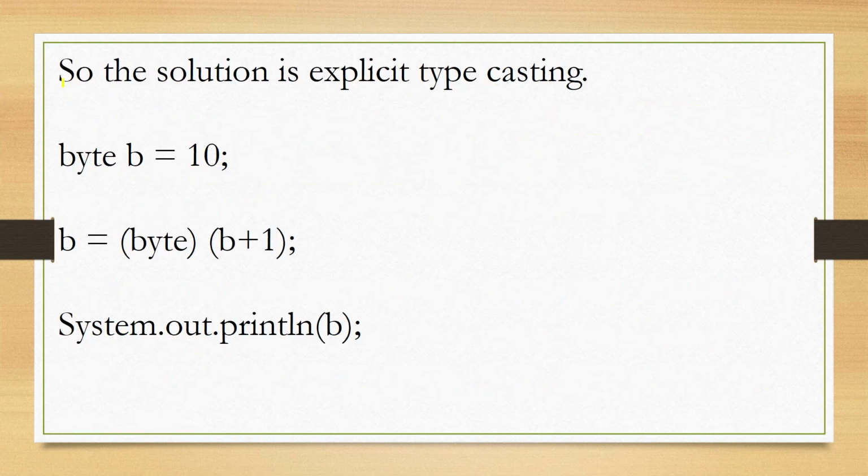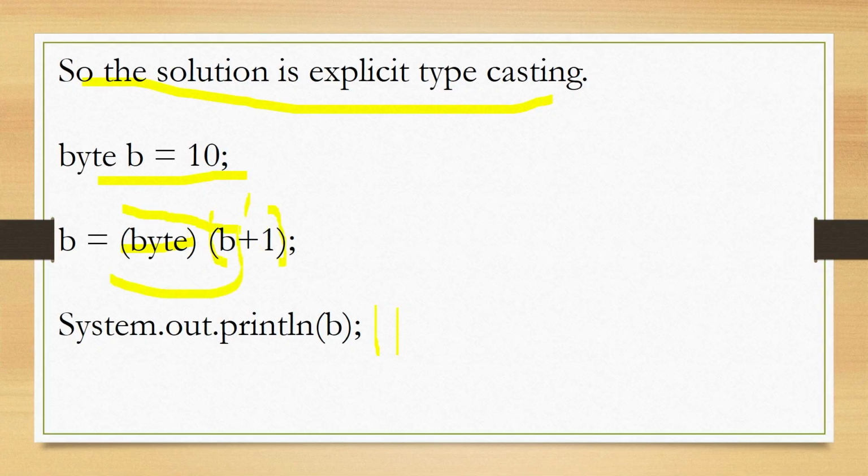So the solution is to do explicit typecasting. When we add this explicit typecasting, we will get 11 as our final answer. But keep in mind that you have to add these parentheses, because otherwise it would consider this byte one part, this plus another part, and this another part. So to avoid that, add these in parentheses, and then cast the total final answer. We'll get 11 here, and then that 11 is converted into type byte.